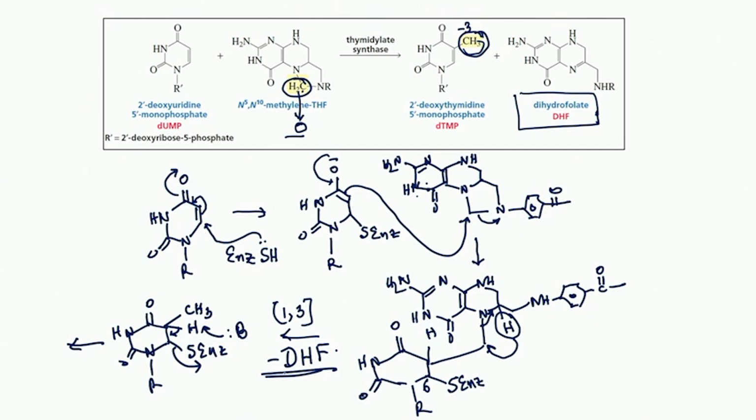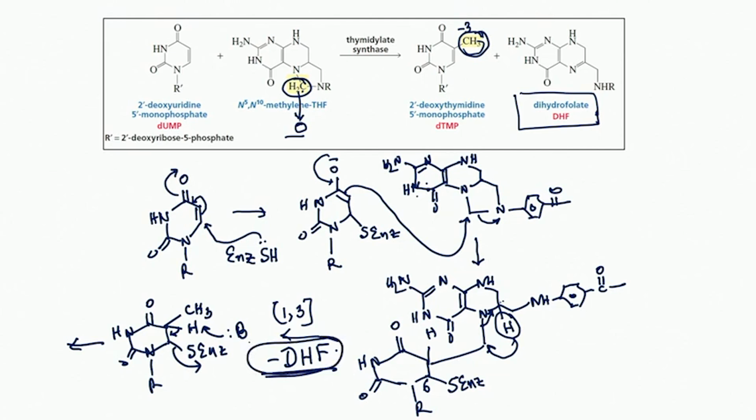So, making it a methyl, and this bond goes to make up the positive charge created here. Okay. Although this is a pericyclic reaction, there is no positive or negative charge, it is a cyclic transition state. So, this goes and that goes there. So, in one step you get dihydrofolate